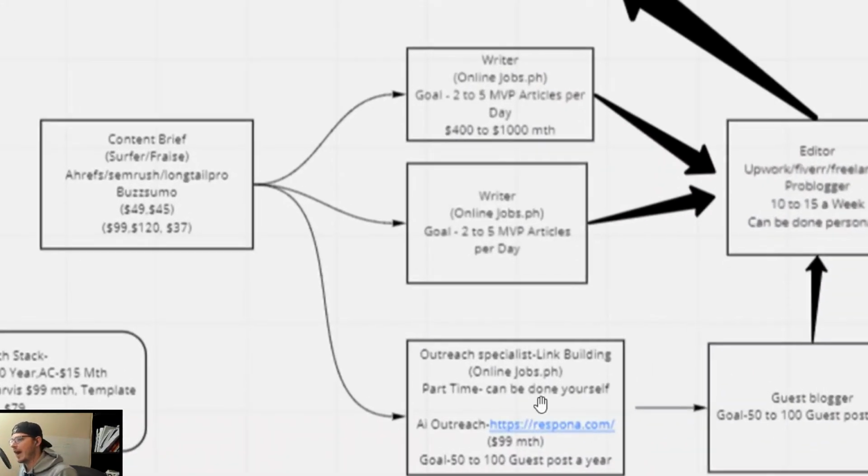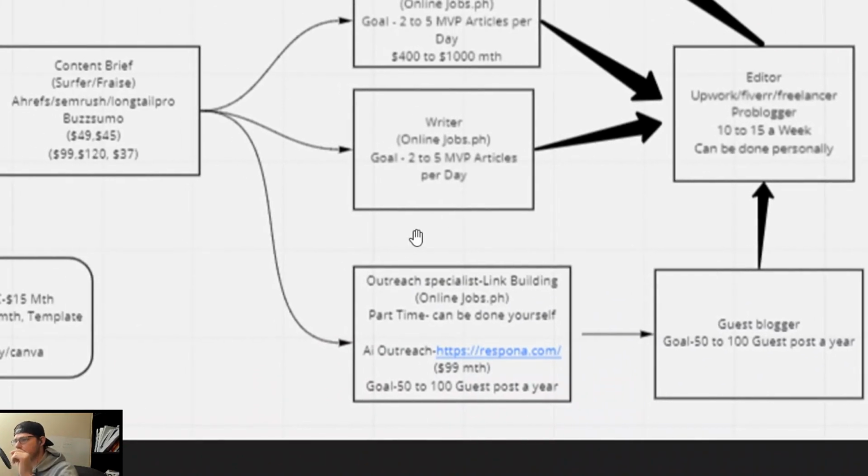Okay, so for outreach specialists, you can do this yourself actually. So I just found this program. It's called Respana.com. Okay, so it's an AI outreach for link building, or you can hire someone from onlinejobs.ph or Upwork, Fiverr, ProBlogger, wherever. So this is an outreach. So my goal with this is 50 to 100 guest posts per year. So backlinks build so much authority, and it gives you that expert status in Google's eyes,